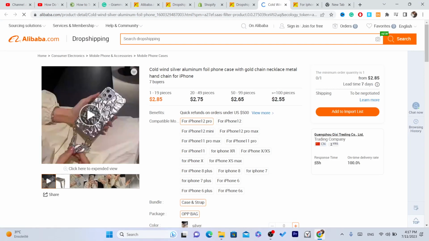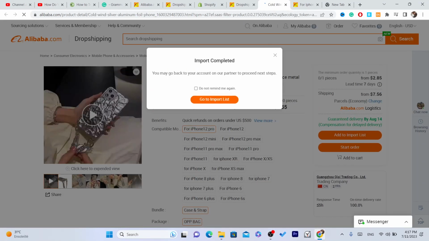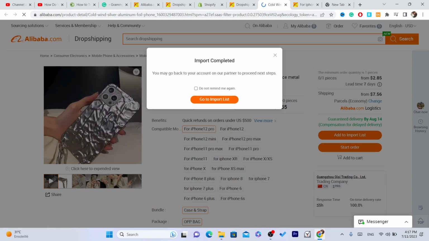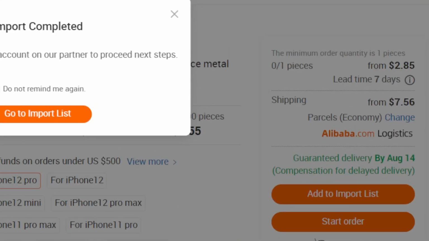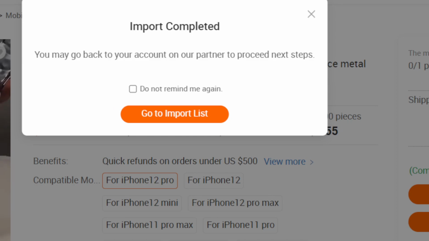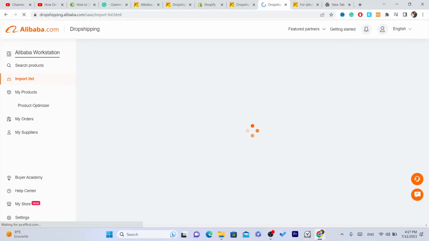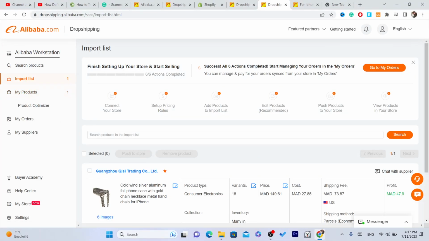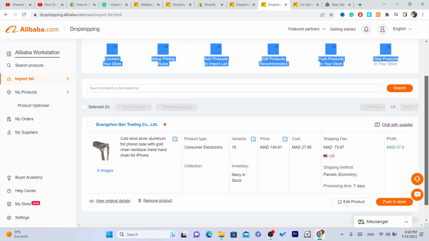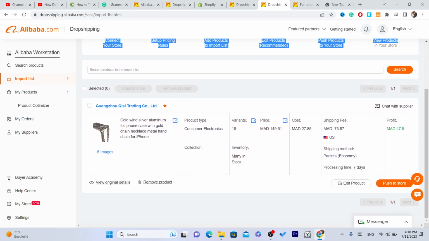Find another product, it says here. And after you import, you click on add to import list. After you click on it, click on go to import list. This is the import list, and these are the products. As you can see, click on push to Shopify,